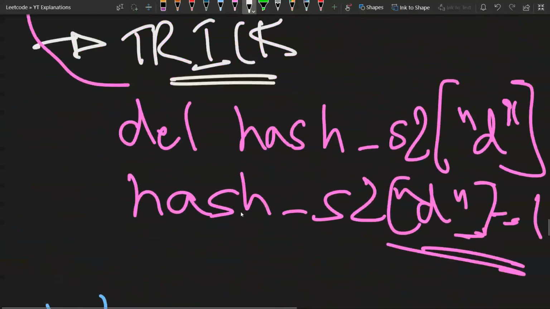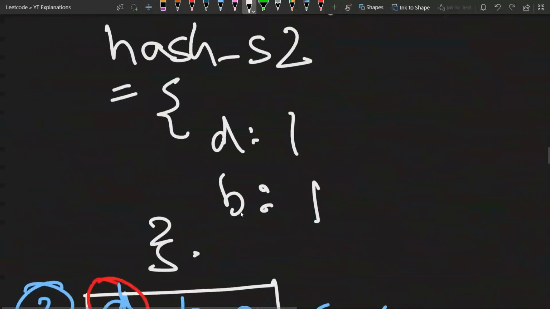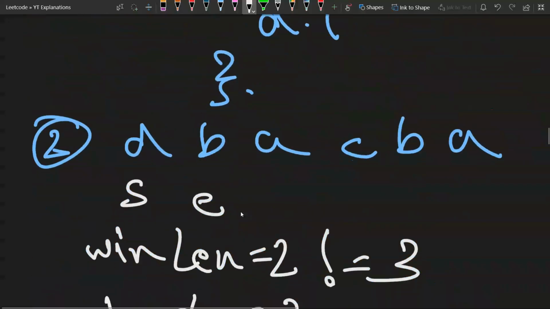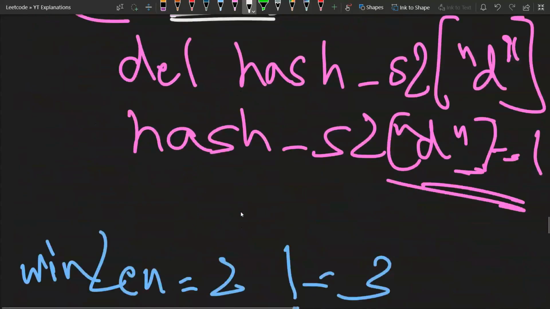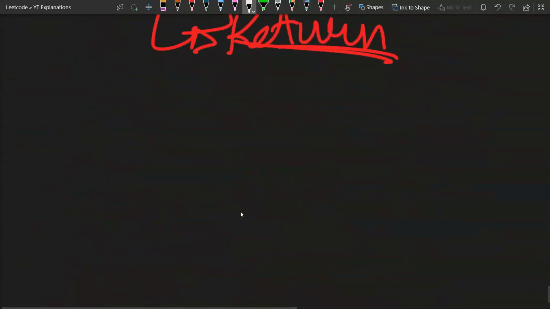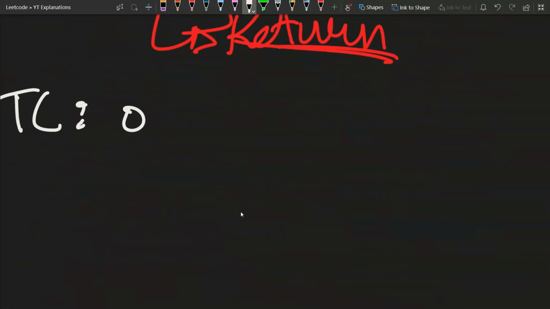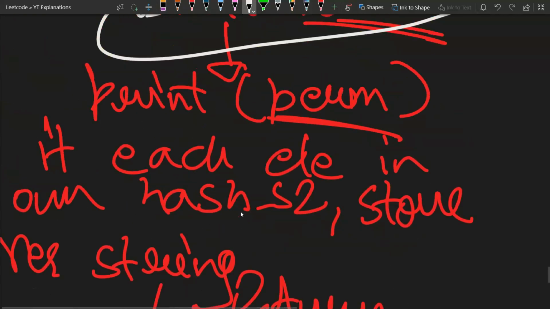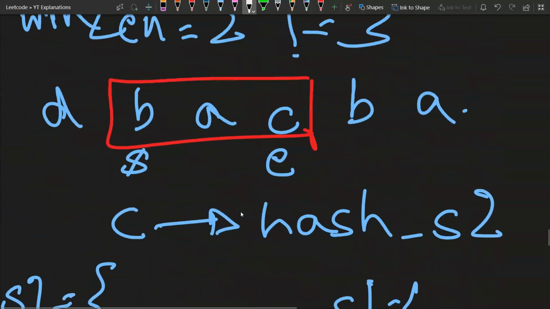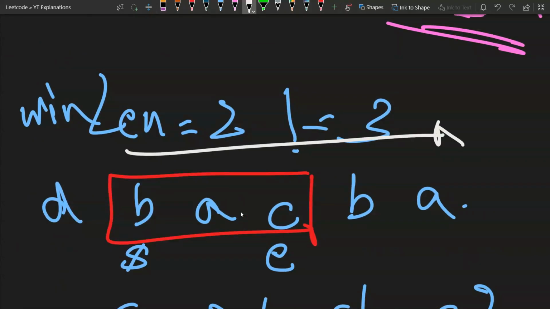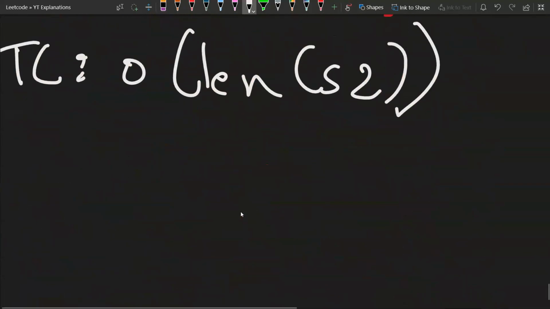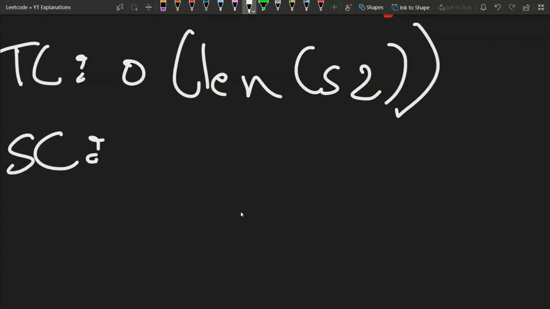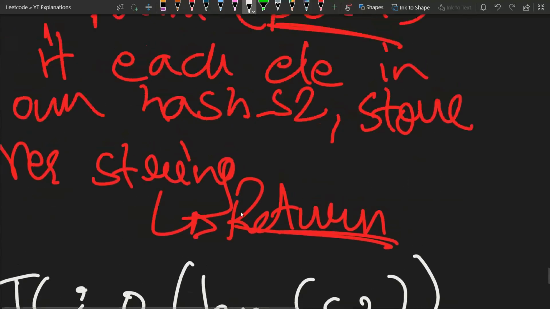So this was how we work through the problem. And the maximum time that we take would basically be the length of s2, right? Because that's the worst case time complexity, if we had to go all the way from the start to the end of s2. Similarly, you can figure out the space complexity and put it in